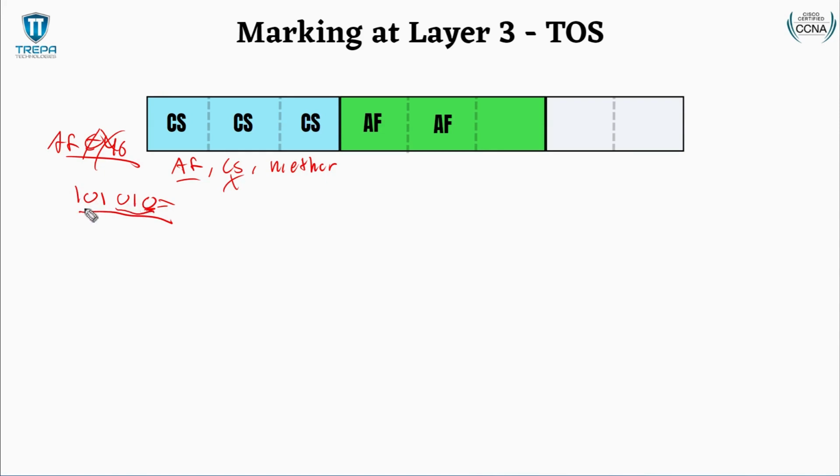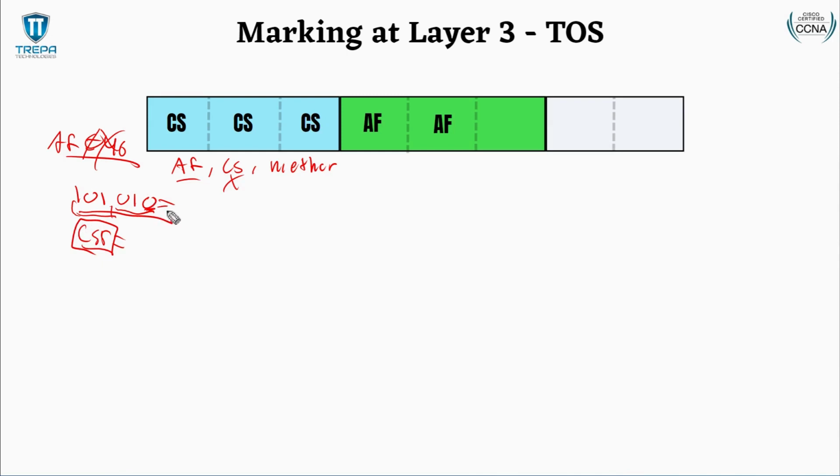Plus, let's see here. Yeah, 32 plus 8 is 40. 44. Is 44 a DSCP value? It is not. And why is that? Well, because these first 3 bits are part of class selector 5. Well, there is no AF bit as part of class selector 5, unfortunately. So